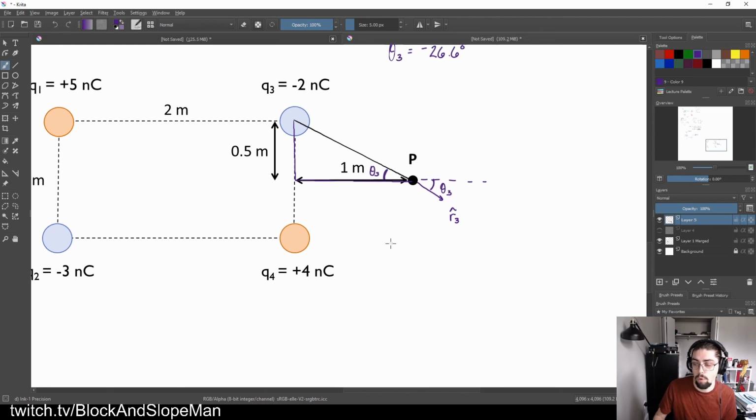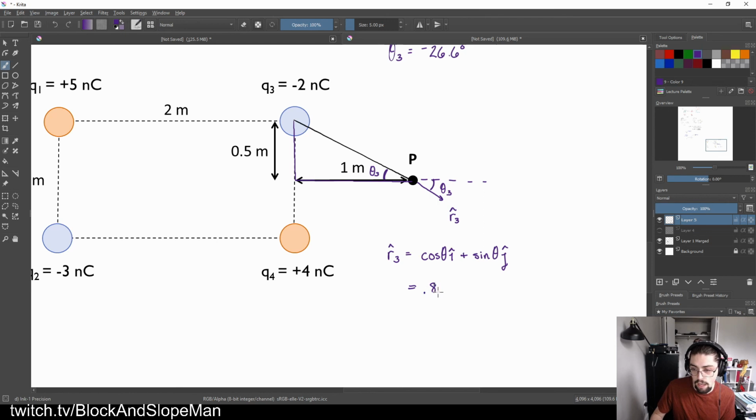Right? So R3. Plug in all of this stuff. R3 I should find, and I'll go ahead and write out this stuff again. As long as I always take my angle from the positive x-axis, I can always take this trick of just using R hat that looks like this. Next time I'm going to shake this up just a little bit, but until then, I'm just going to stick with this. So I plug in those numbers, and what I should find now is kind of similar, but a